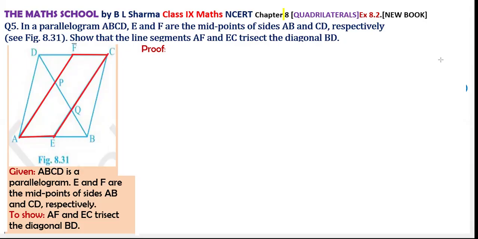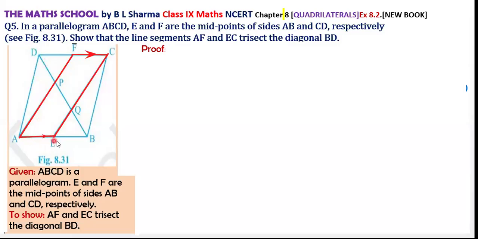See here. This AB is parallel to DC. That is why AF is parallel to FC. Sorry, AF is parallel to EC. These AF and EC are parallel. Number one. Number two,